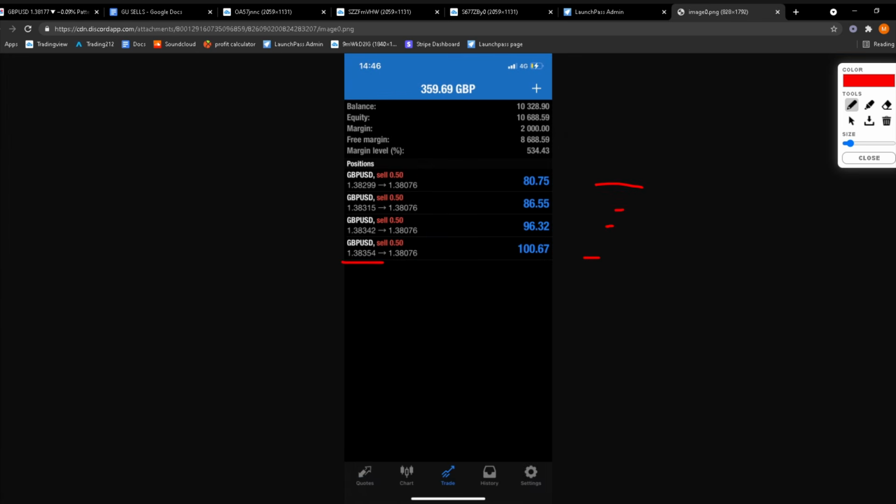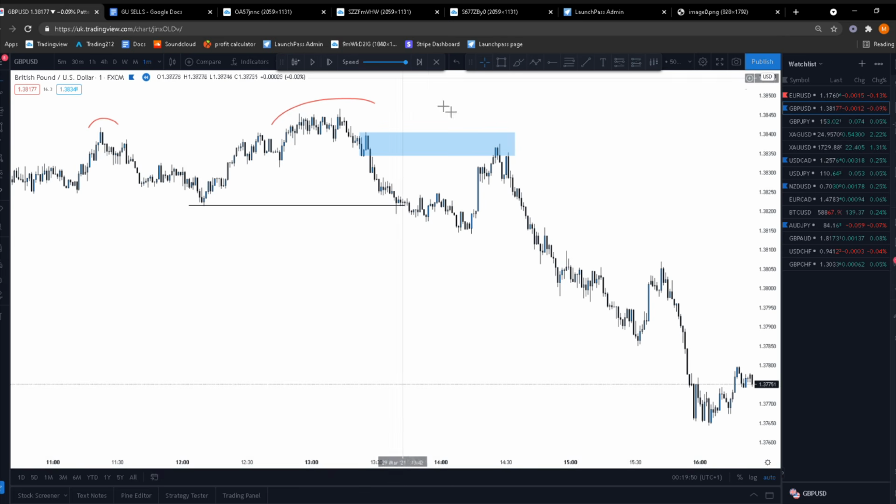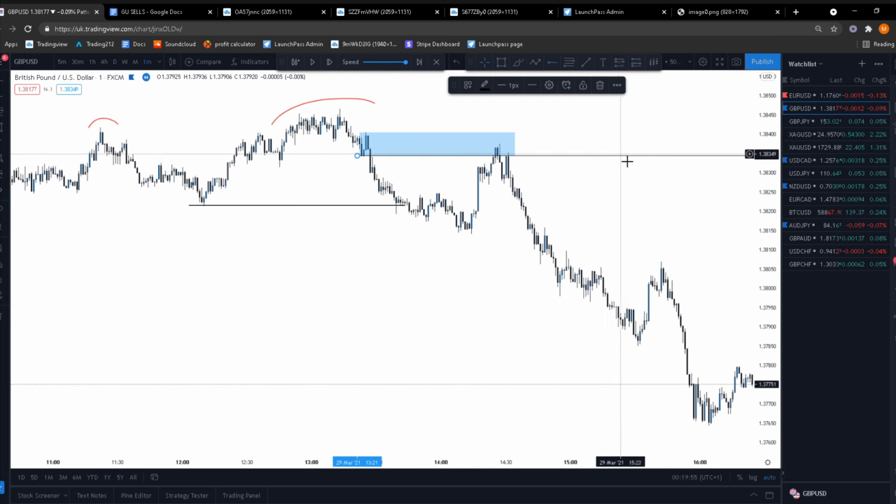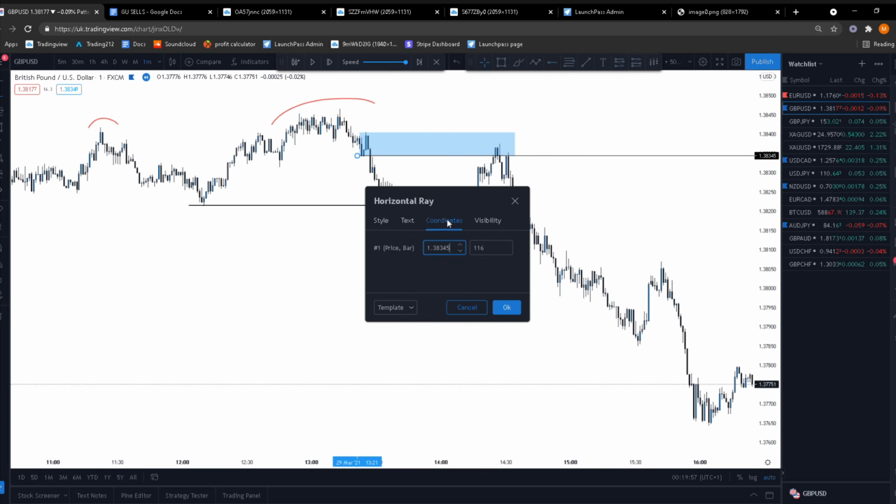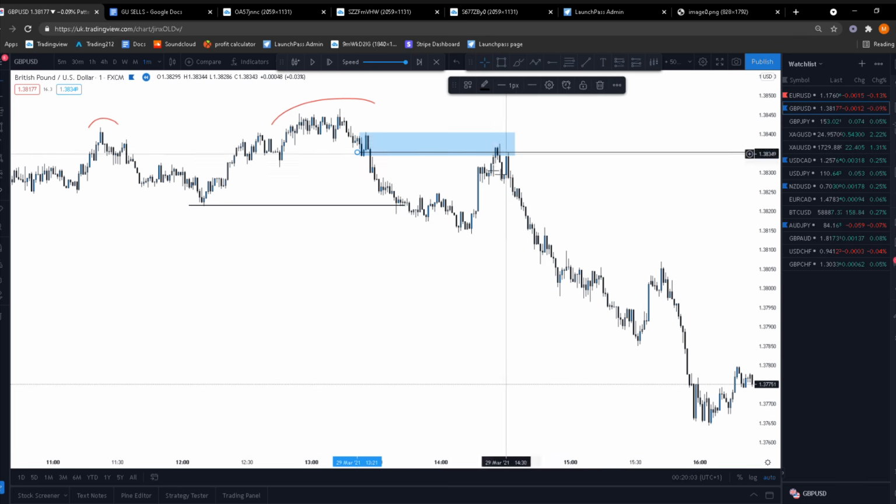If I show you my entries and the price at which I entered, you'll see my best entry was 1.38354. So if I show you that on the chart, and I get up my rate tool, maybe right there, and I double click my rate tool and go to, I think it was 1.38354, that was my entry. This was where I entered, and I entered all of my sells here at that last